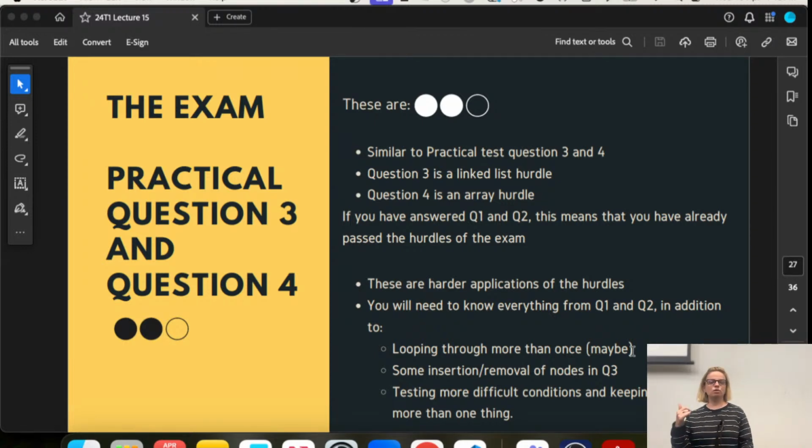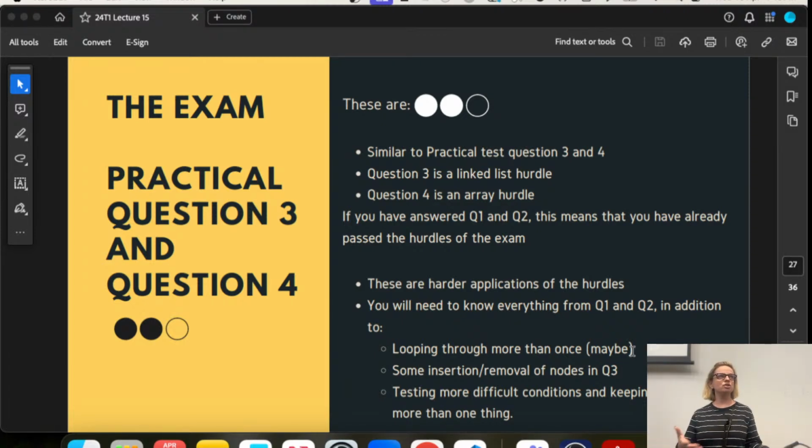Okay, questions 3 and 4, they are 2-dot problems, okay? So they are going to be similar to your practical exam. You'll see what they look like. Question 3 is going to be a linked list hurdle. Question 4 is an array hurdle. You don't have to pass both of the linked list hurdles, just one of them will suffice. And same with arrays. If you have already answered and passed question 1 and 2, it means you have passed the hurdles already.